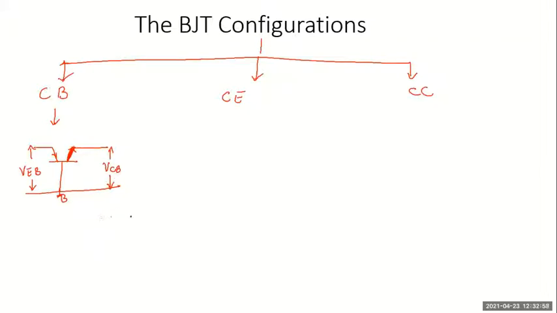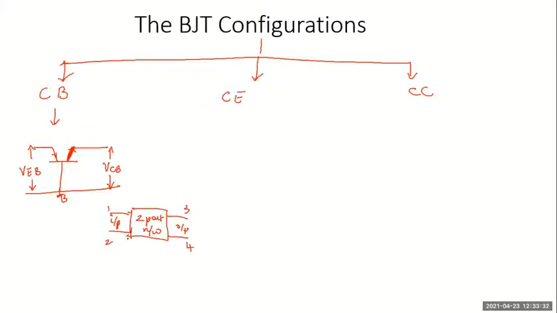Basically, whenever we analyze devices, we analyze the devices as 2-port networks. In your networks course, you have studied what 2-port networks are. There is an input port and an output port. For representing the input port, I need 2 terminals, and for representing the output port, I need 2 terminals. So totally, I need 4 terminals in a device or a system. But a transistor gives us only 3 terminals.